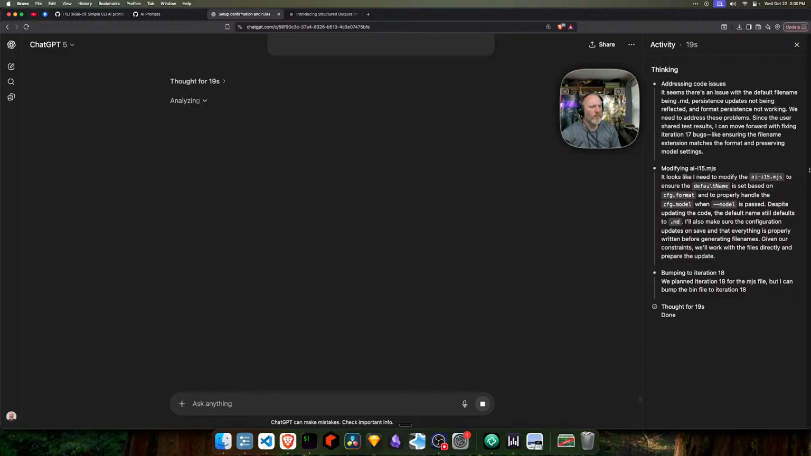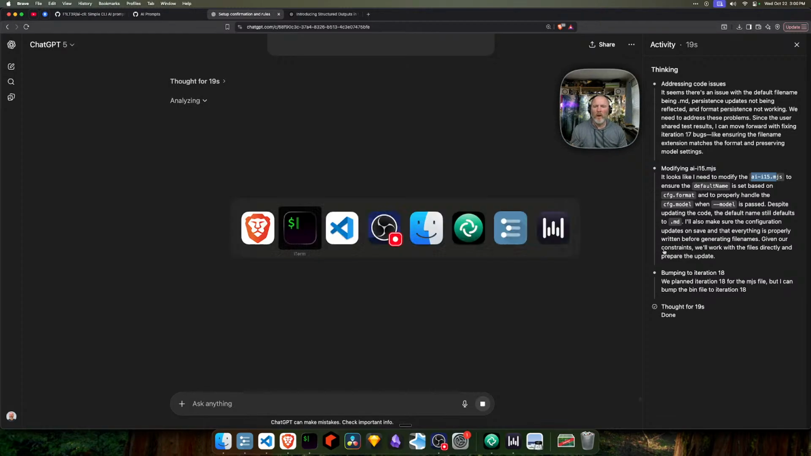See, here's the thing. Looks like I need to modify AI15.mjs. But it's really 17. But because I haven't passed it back a file called 17, it's still thinking in 15. Looks like ensure the default name is based on the config format and to properly handle the config model when the model is passed, despite updating code, the default name. I think,